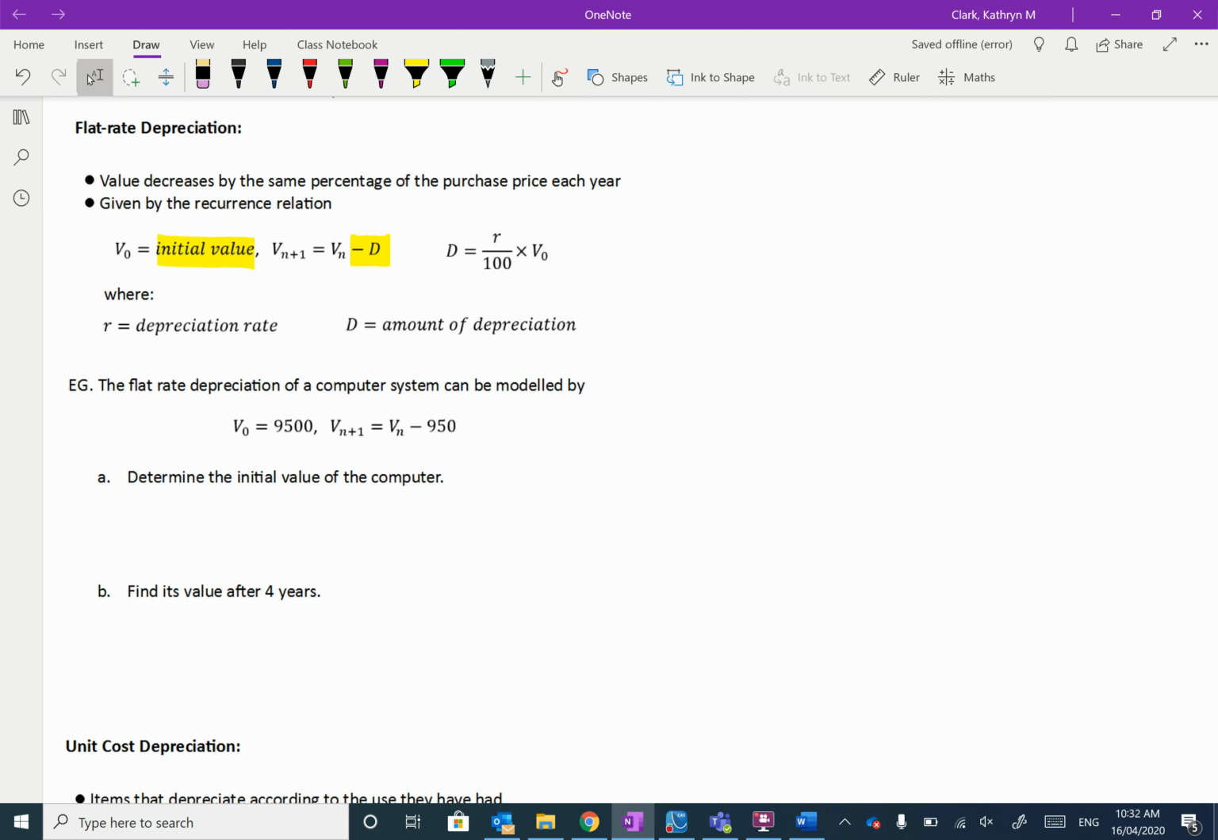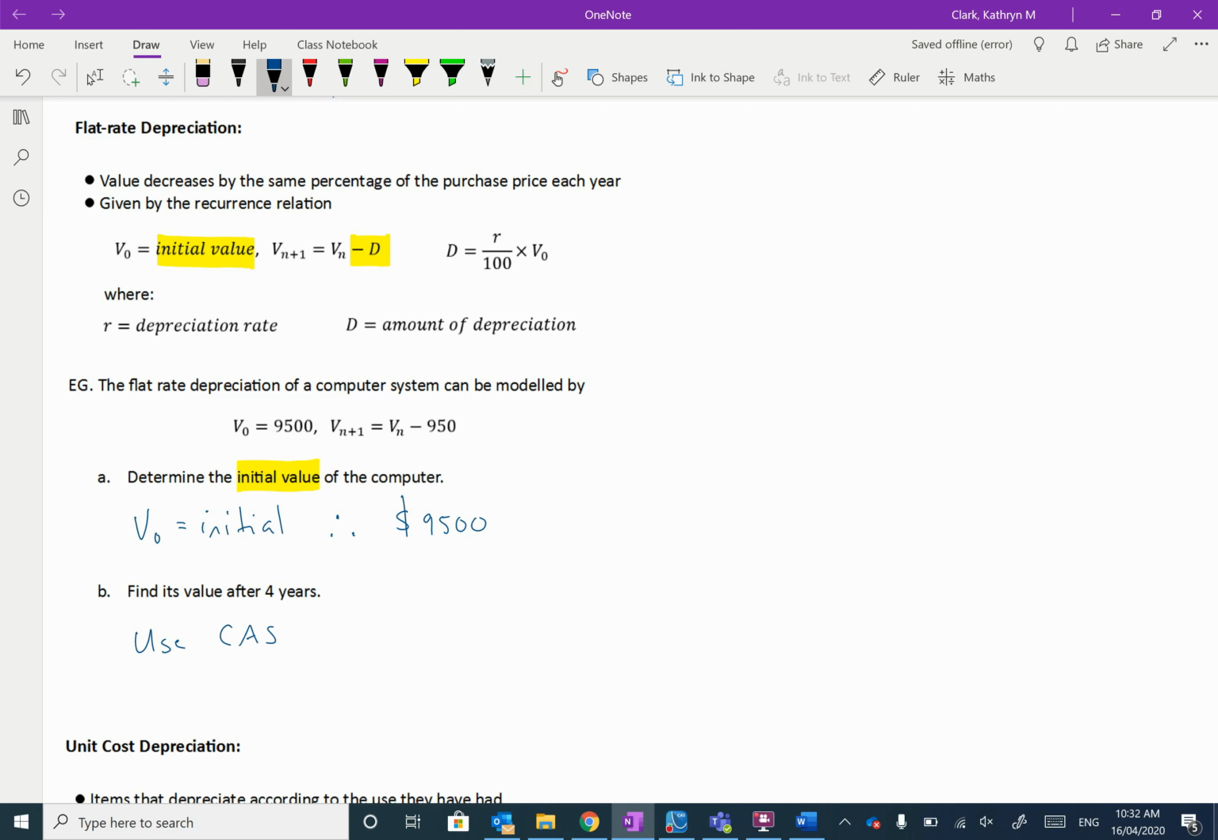Alright, so this time in this example, we've already got the recurrence relation, so we're not being asked to work it out. We've been given that information, so we just need to be able to interpret it. So the initial value, we know that the initial value is given by V0. So therefore the initial value of this computer must be 9,500. And if we want to find its value after 4 years,